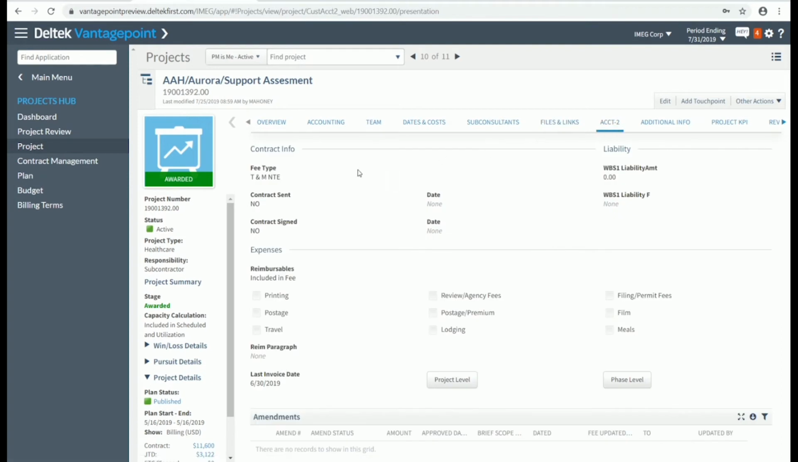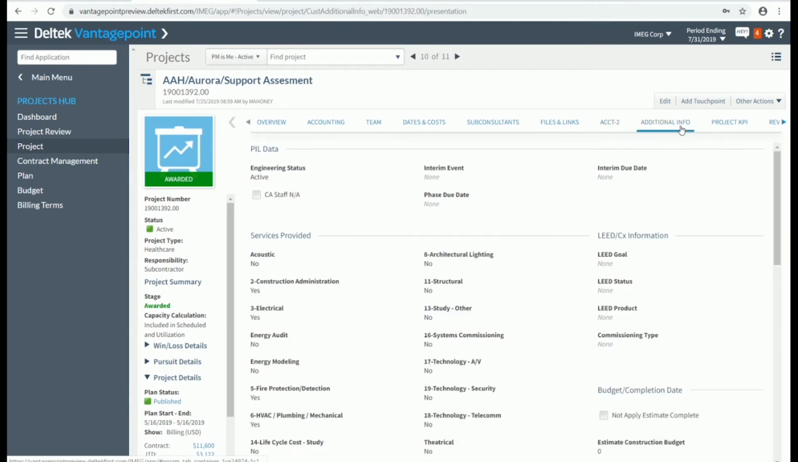Your Accounting 2 tab, same as Vision, tells us what fee type this project is. Are expenses included in the fee or not? If they're not, which ones can we bill for? Your additional info tab gives all that